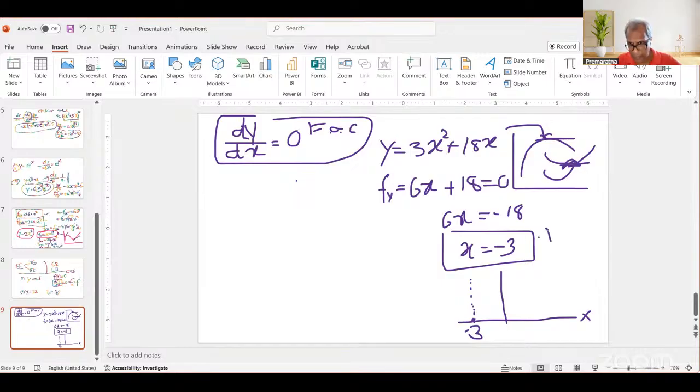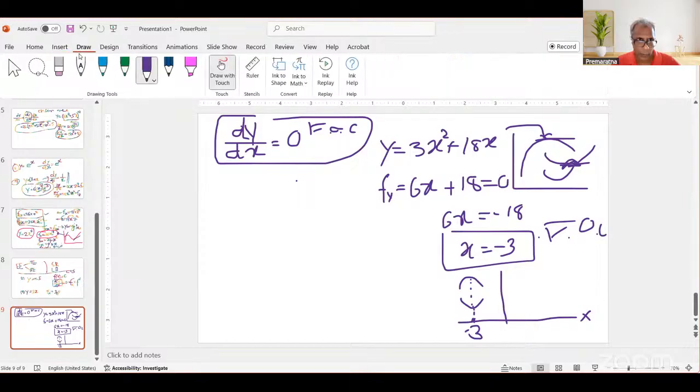This first order condition alone doesn't tell us whether it is a maximum point, a minimum point, or a convex or concave point. So now, to see whether we get the maximum point or minimum point,